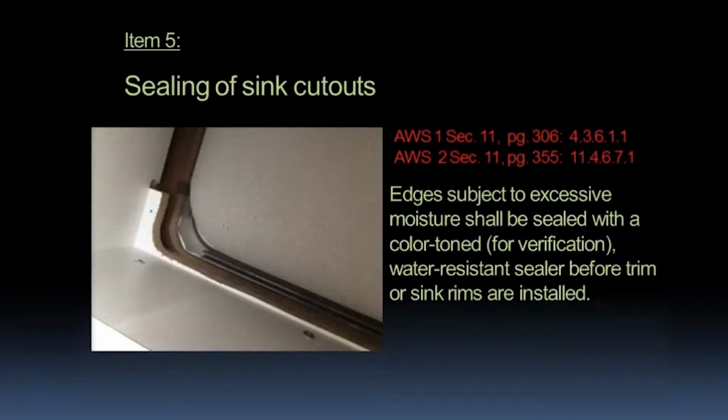Something else that comes up fairly often is the sealing of sink cutouts, and usually it's not a case of 1 or 2 cutouts having been missed by the manufacturer or installer. Typically, if one sink cutout is not sealed, none of the sink cutouts in the project have been sealed, and that would require correction for project certification. The standard